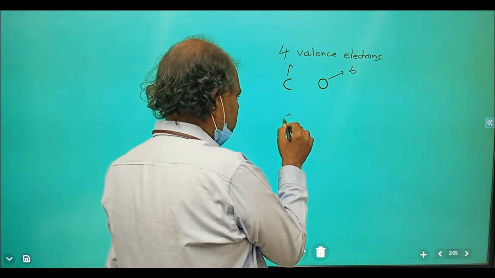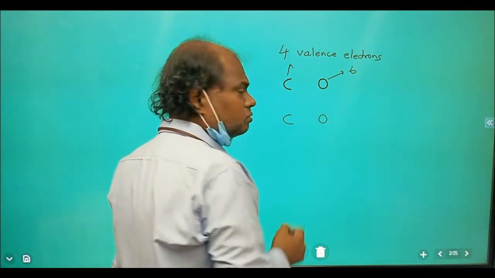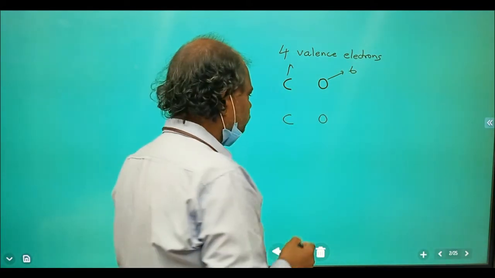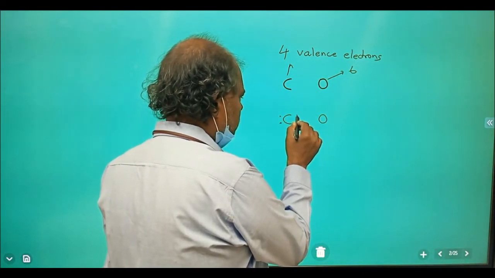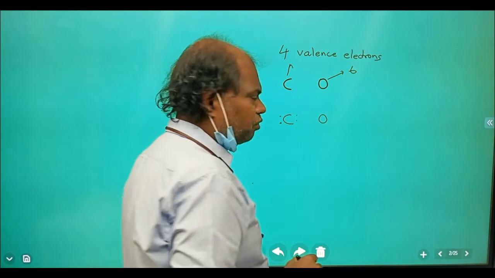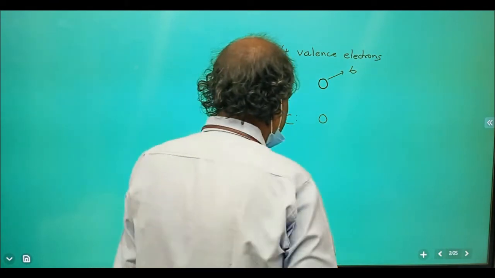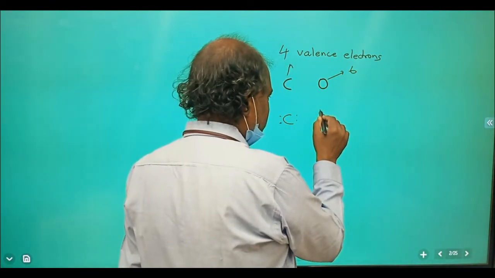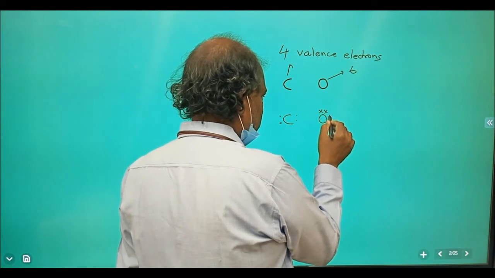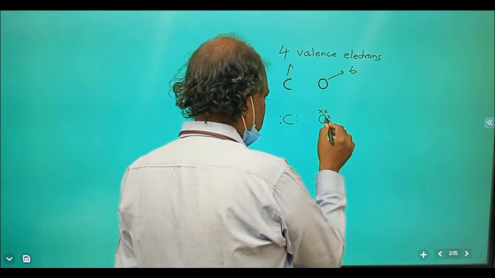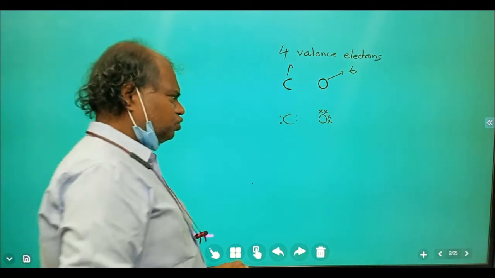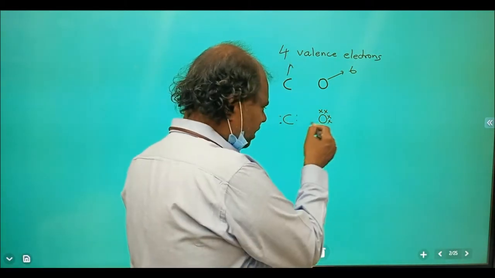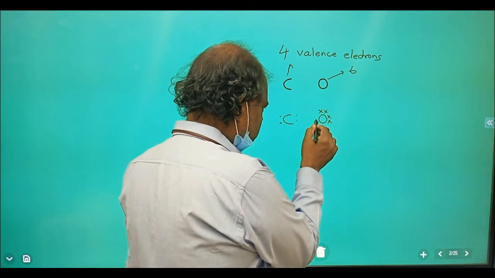Carbon, O. So you see I have shown 4 electrons for carbon, and oxygen has got 6. Now students, if you try to draw a coordinate bond,